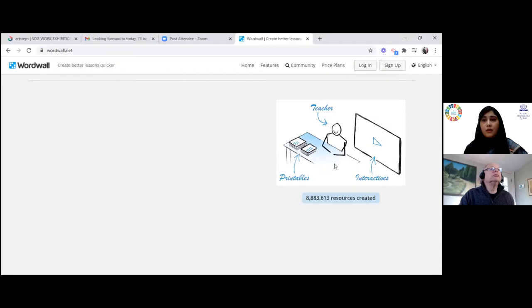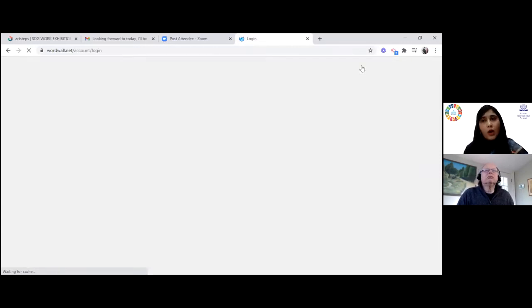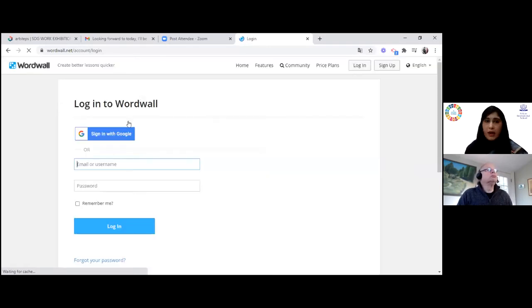So, once you type wordwall.net, this is the tool interface. You will reach this place. You just have to click on login. It will ask you to log in with your Gmail account, or if you want to sign up, you can sign up with the account. See, here it is asking me either I want to log in with my Google account or any other account.